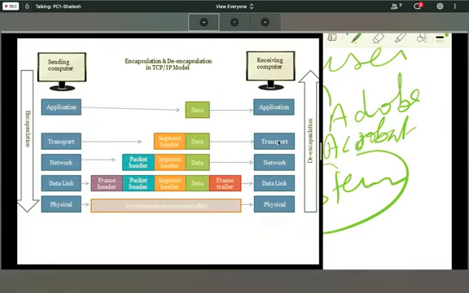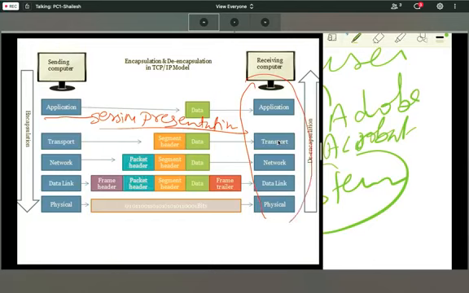The same thing will happen, but here you cannot see the presentation layer and session layer. These two layers are not there, but the process will be the same. And this is a good question: what is the difference between TCP/IP and the OSI model? There is no session layer and no presentation layer, but everything else is the same. The working will be the same.